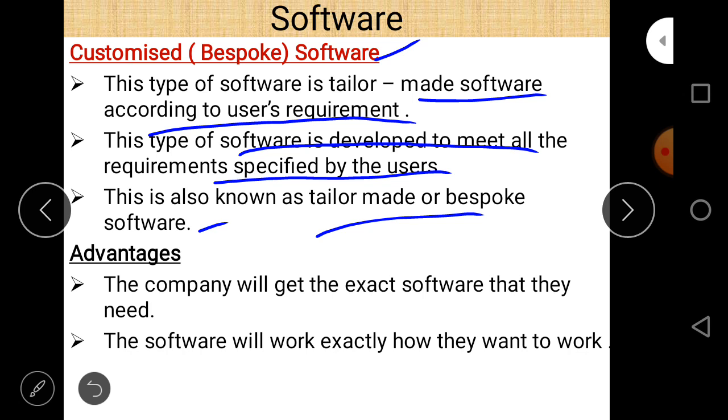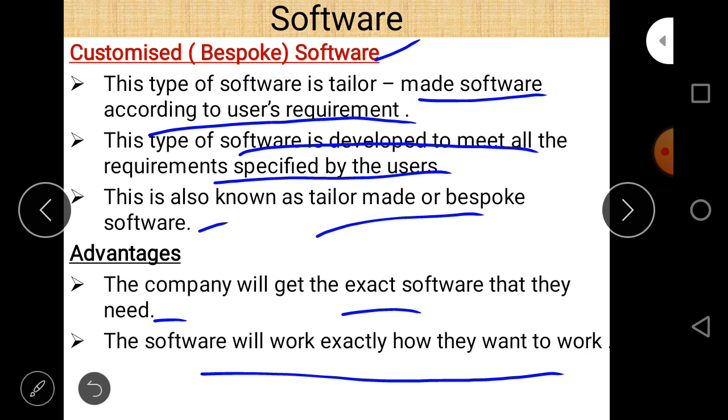So it meets all the requirements of a particular user. Whatever he wants in a software, the software is designed for that purpose. The company will get the exact software that they need, and the software will work exactly how they want. Most important, in application software and general purpose software, sometimes the user compromises on his requirements.